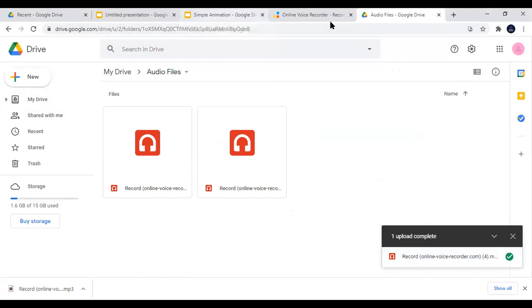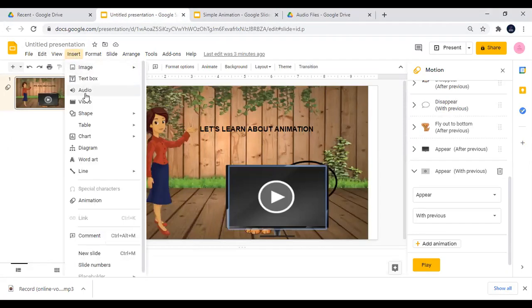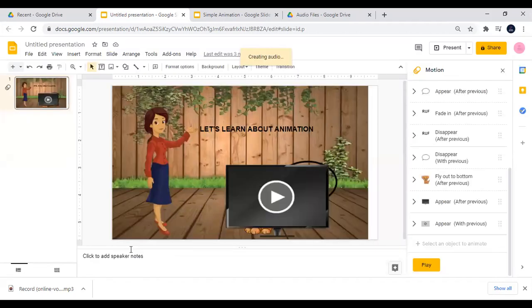So once I've successfully done that, I can just close out of the recording website, not app. And then I'm going to go to insert, then go to audio. Then I'm going to select that particular audio, or any one of these for that matter. I'm going to click select,